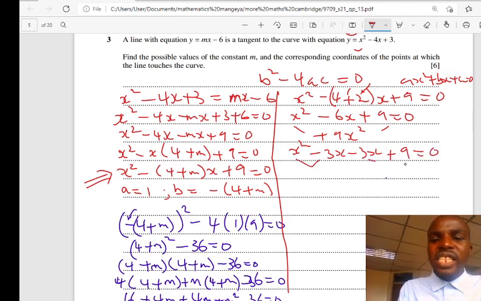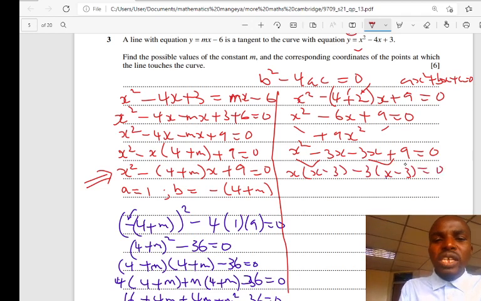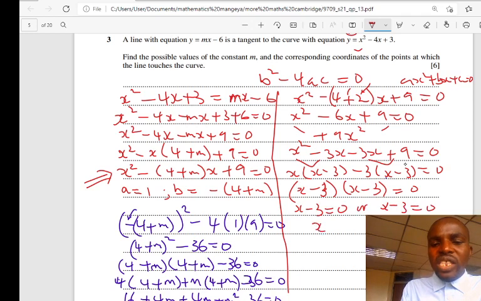Then I take this and this, this and this. It will be x here, x minus 3, minus 3 here, x minus 3 is equal to 0. Then it's x minus 3 inside the bracket, they are the same. Outside the bracket is x minus 3 is equal to 0. It's either this bracket x minus 3 is equal to 0 or x minus 3 is equal to 0. From this bracket, you can say x is equal to 0 plus 3, which is 3. Even on this side, it will still be 3. So it will be twice here.